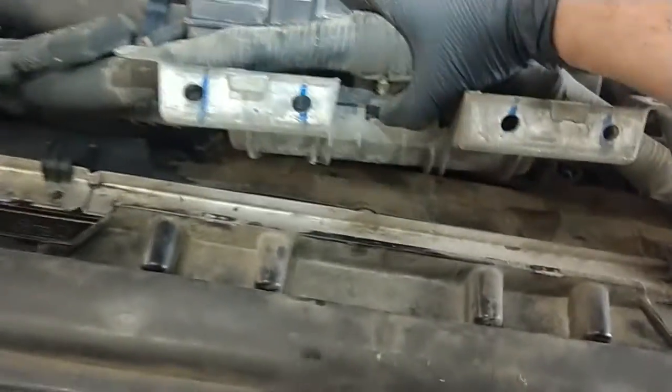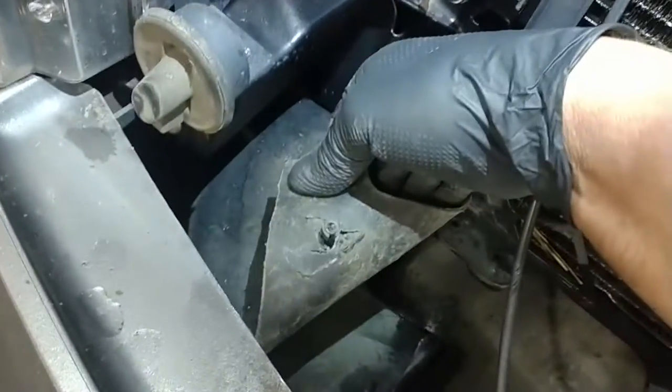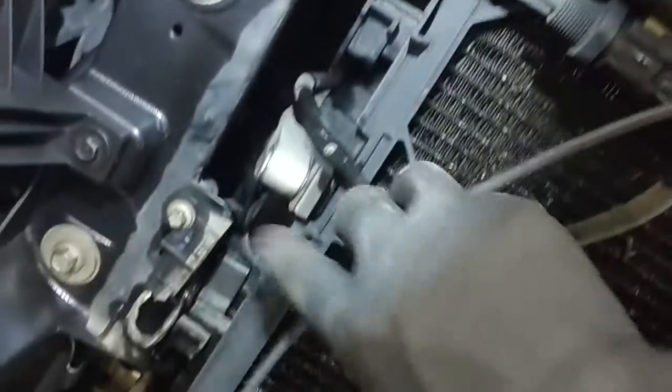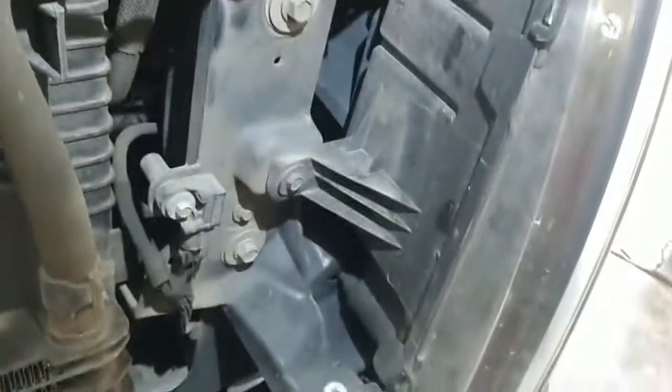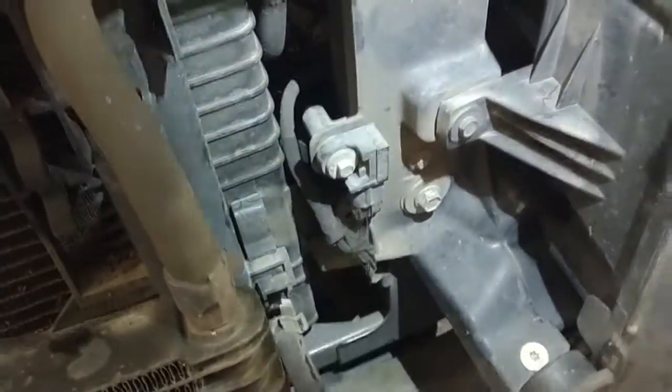All right, 4 10mm bolts to set this free. Got these side deflectors kind of tucked in here, just friction fit pins that fit in these holes. Pop them out on both sides. This one actually came out, but same thing down here, as you probably saw. Got them off. Got this off, and we're working on the 13mm bolts